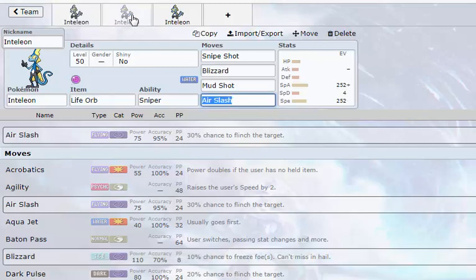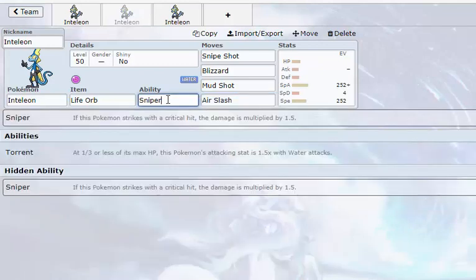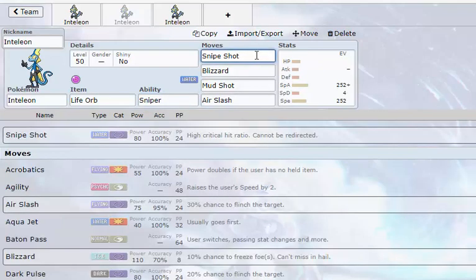Next set is Life Orb with Sniper. So basically, same thing. This is basically the set I had in that video where I was running the Hydro Cannon, but it got Sniper now. Instead of Torrent, I was running Life Orb on that one too, but I was running Hydro Cannon, Blizzard, Mudshot, Air Slash. It's kind of a weird set, but again, it's first turn Dynamax, and you try to nuke everything you can. So yeah, Snipe Shot does what it does, Blizzard for